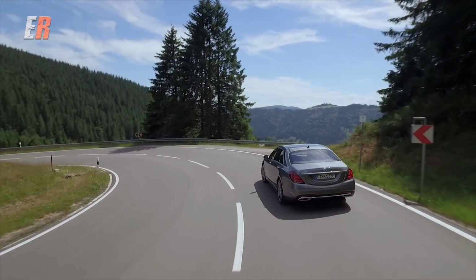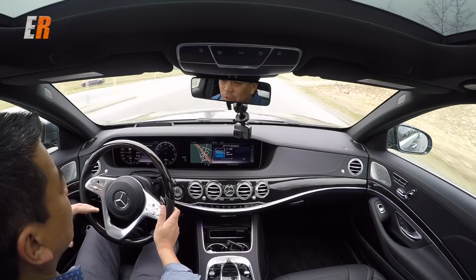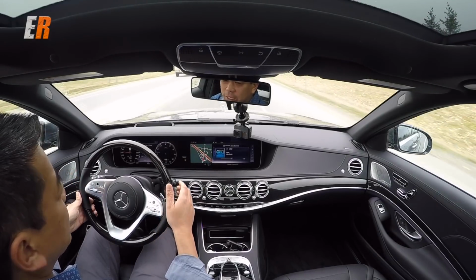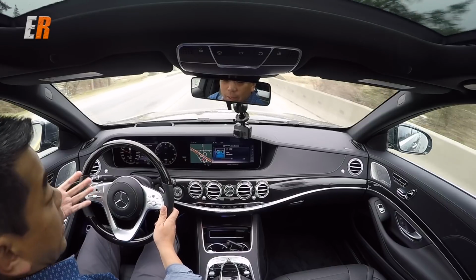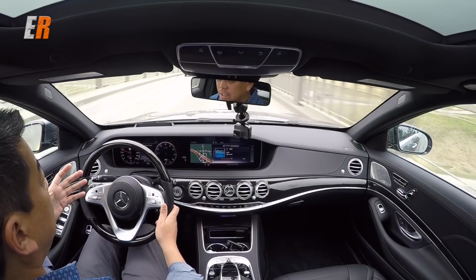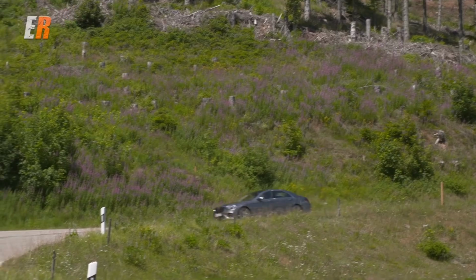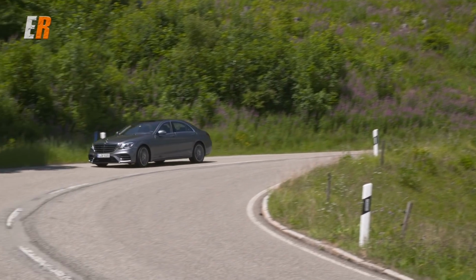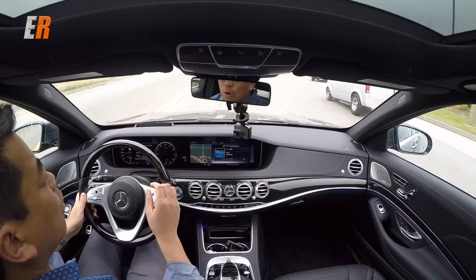You know, so I want to say though, the CT6 is a different class of vehicle. It doesn't have as classic of a look as the Mercedes does. It has a more modern look and feel, which is nice. I do like the CT6. I still like the CT6 after driving this S-Class. I think it's the smoothness and quietness of this vehicle that really does it for me. It is just, it's so